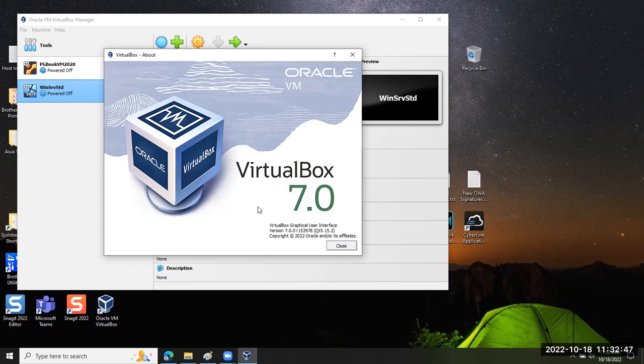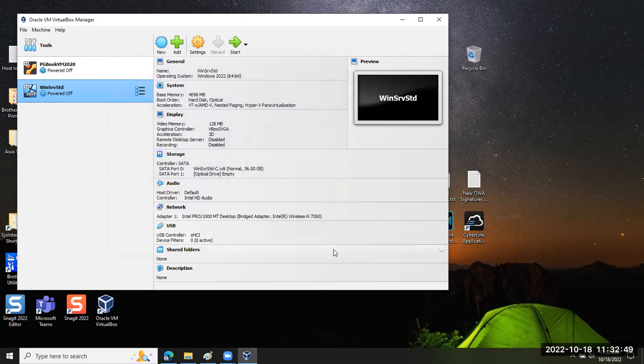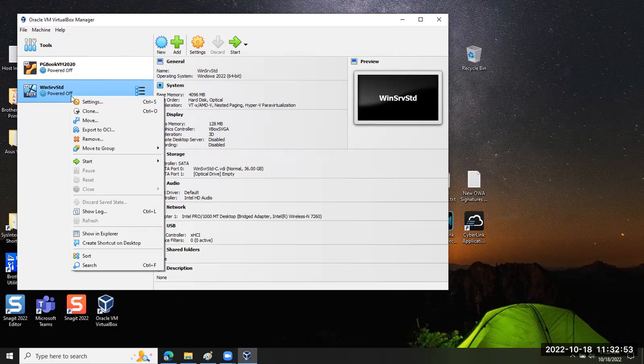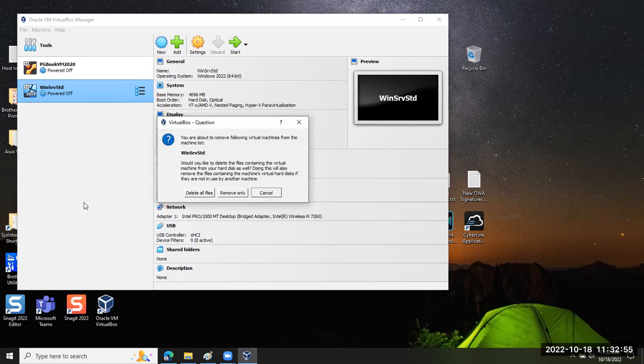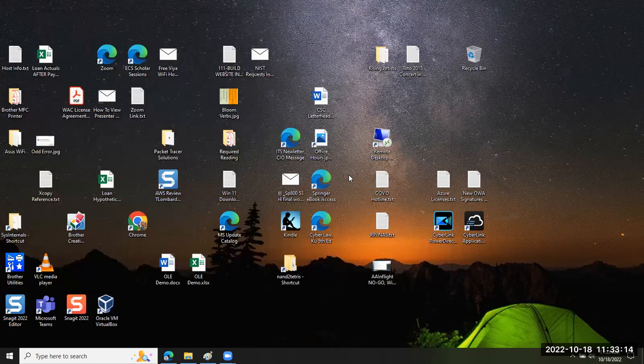So what I'm going to do is close this. And I'm gonna remove this. And I can delete all files or I can remove only. Now it's safer to remove only and then rebuild your machine. In worst case scenarios, you can delete all the files, but what you should do first is kind of move your